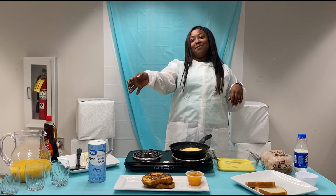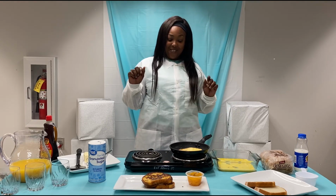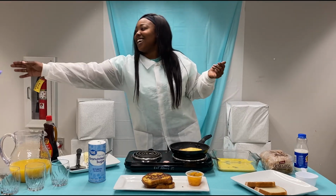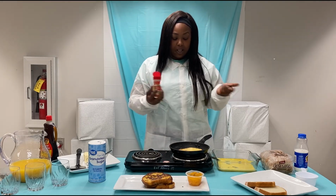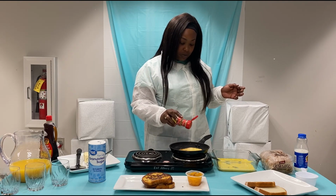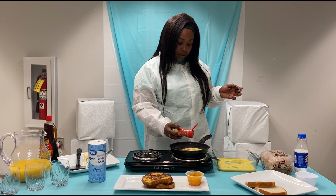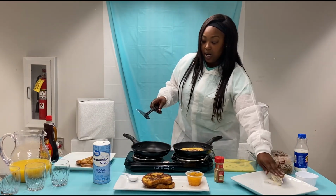And Miss Michelle is coming with the cinnamon. How did I forget the cinnamon? Thank you. So, same thing you did with the sugar, you can do with the cinnamon. You just want a little bit. This is actually what really makes French toast, the sugar and the cinnamon. All right, so